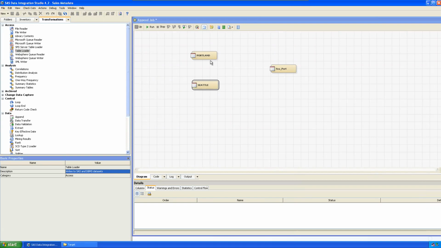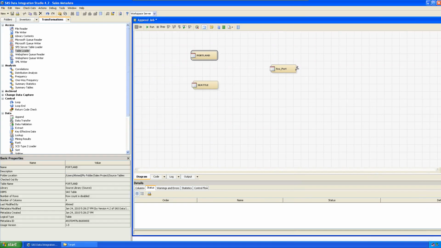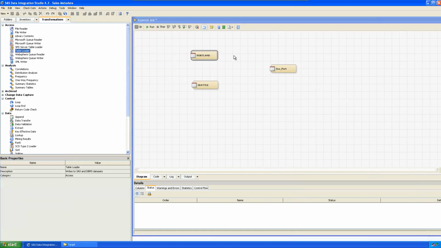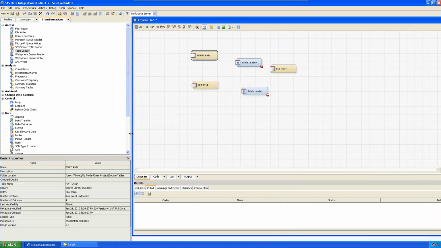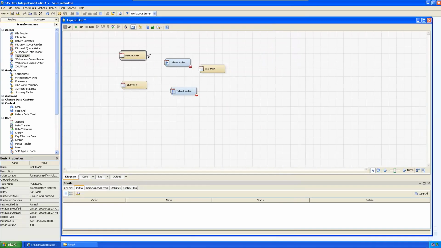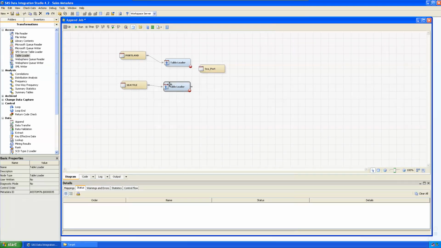Because of the content, the metadata, we should write from Portland to the Seattle. Right? So that's why we should use the table loader. Drag the table loader twice and connect like this. So the data from this table will be loaded into the seaport